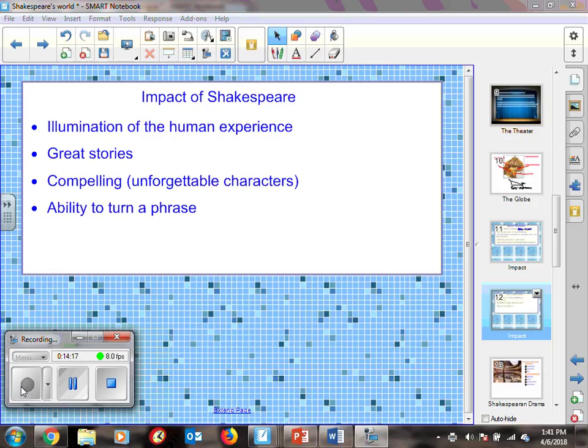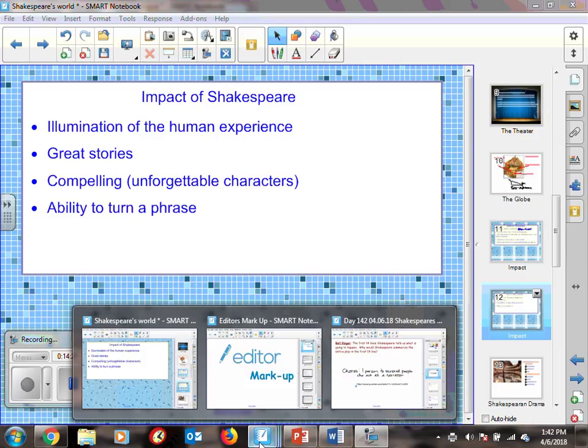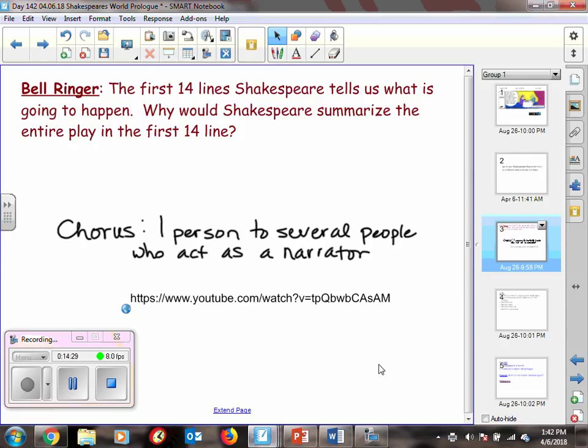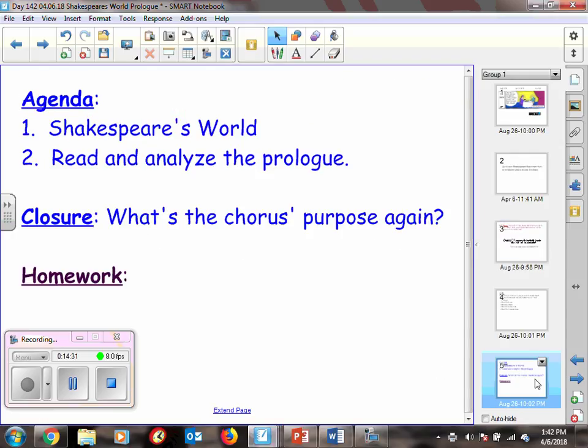We have the background information, and starting on Monday, we'll start reading our play, and we will get into Romeo and Juliet. So your assignment for this weekend is simply to read, because I guarantee you this next week, we are probably not going to get a lot of in-class time to read. Most of it will be your homework, okay? All right, have a great weekend, and we will see you guys on